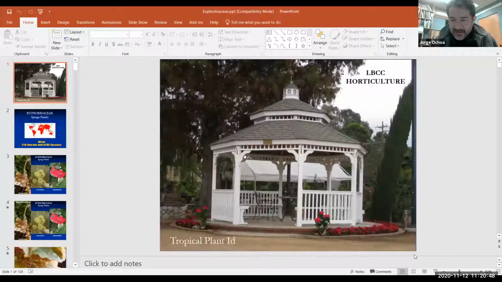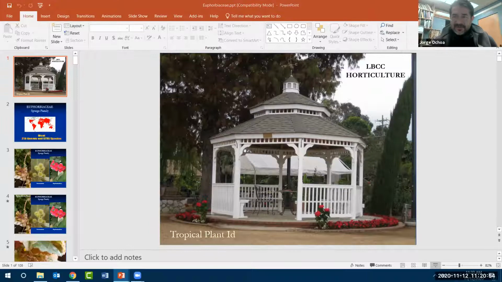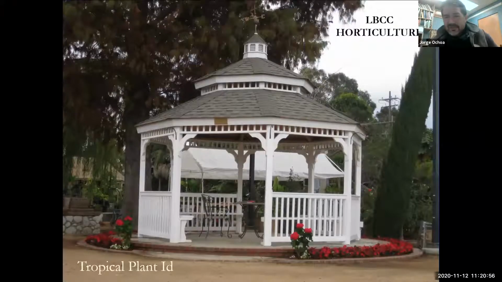And then let me share my screen so that we can talk about the spurge or the euphorbias that we have talked about before. And there's going to be several members that you should become familiar with. Euphorbia, the one that you have already learned, is going to be the more common one, but there's going to be a lot of other plants that will be very important for you to know because they may be kind of